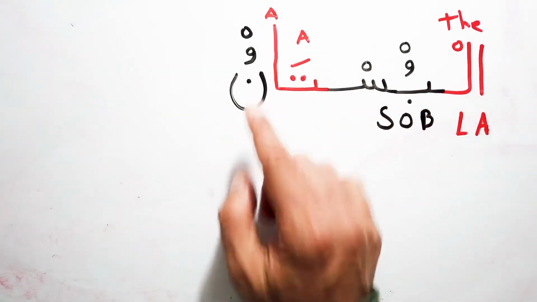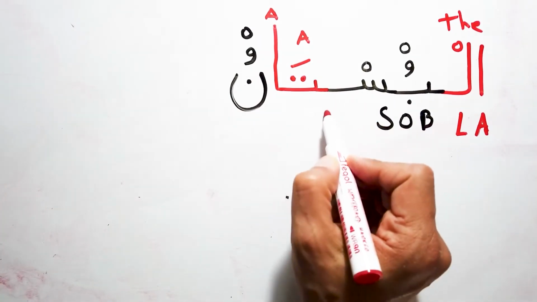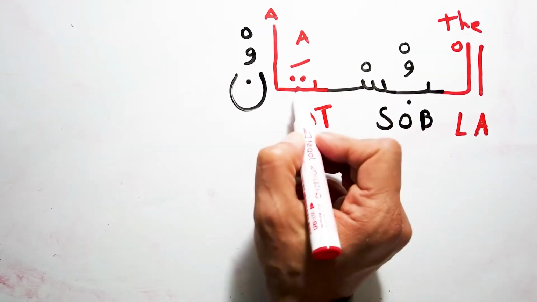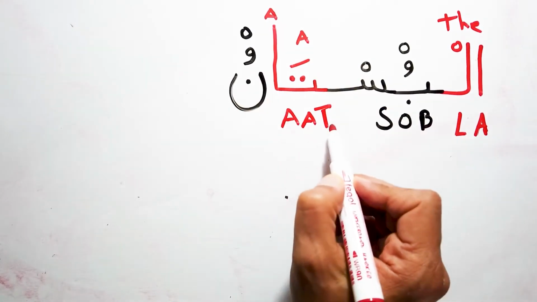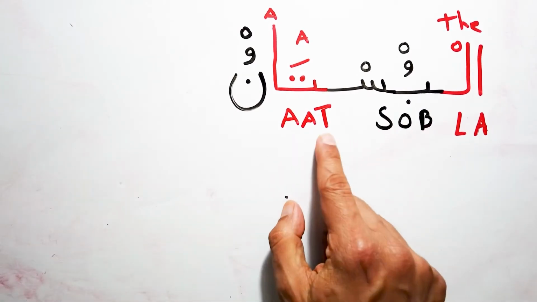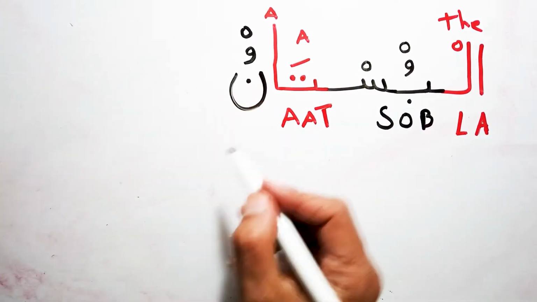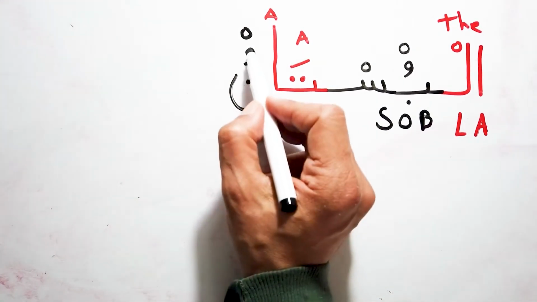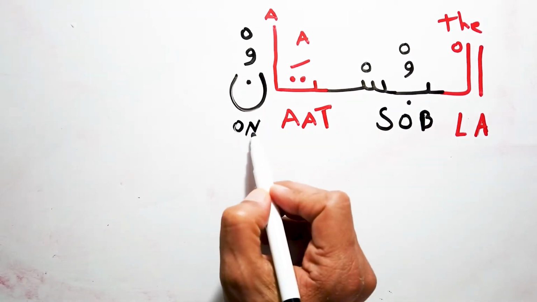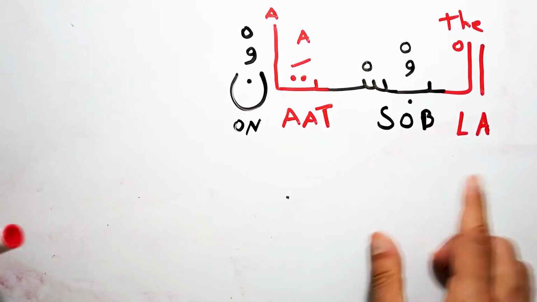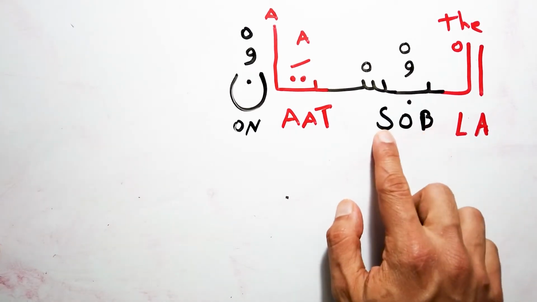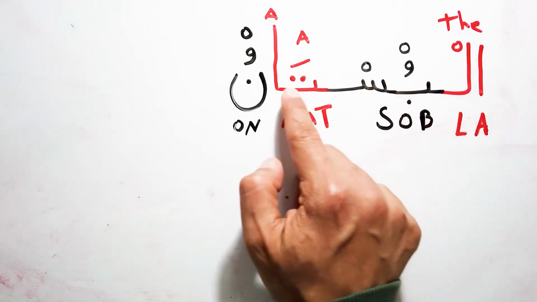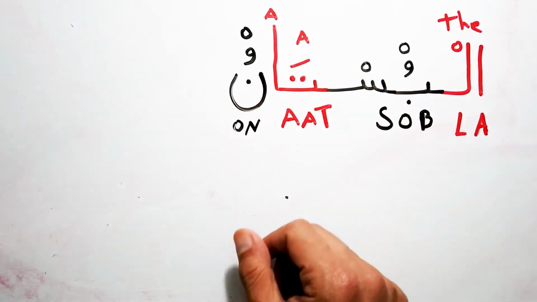Bus. Ta. Pay attention. I have here that letter sounds like letter T, and then this one adds the sound of A, and then I added long vowel. So it became like this. Ta. Read with me English from the right side. Ta. And then that letter sounds like N, and then we add this mark on the top, which sounds like O. So I have nu. Okay? So al bus ta nu. البستان.